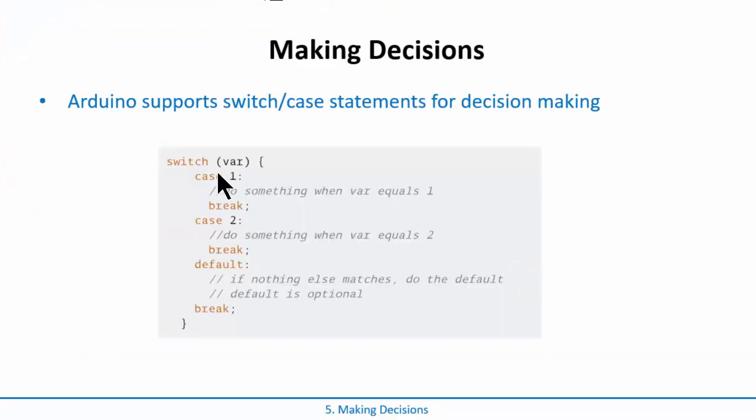Okay, another really popular one, same functionality as an if-then, but if you have a lot of different Boolean conditions that you want to do, you can use a switch case statement. And the way that you do that is you say switch, and then you list the variable, and then you list case 1. And for case 1, what you do is then you list do something when it equals 1. And so the way that you would do that is you would say case, well,